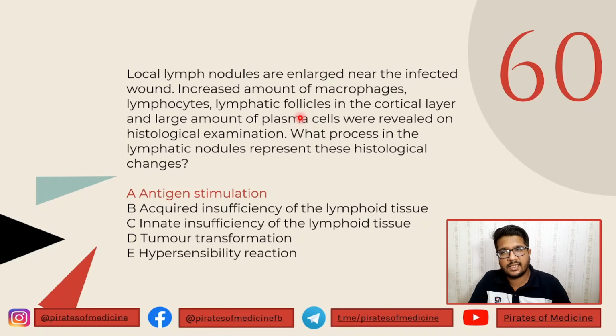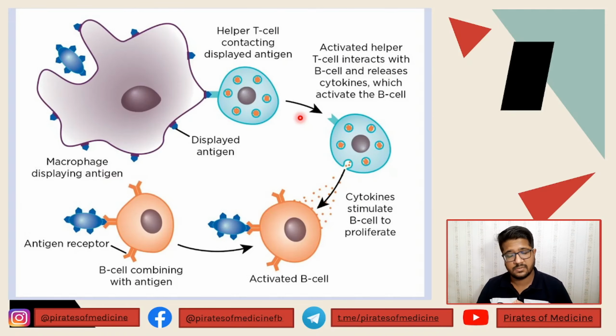Antigen presenting cells, the dendritic cells, come inside the lymph nodes. They present this antigen to the T lymphocytes. The T lymphocytes start to differentiate into their corresponding T helper or T killer. The T helpers stimulate differentiation of B cells into plasma cells. This process occurring due to presentation of antigen is called antigen stimulation. You can see we had this slide in the previous video as well.